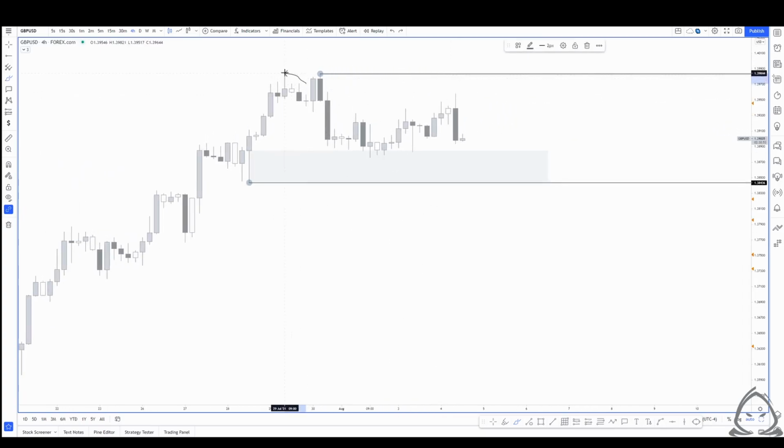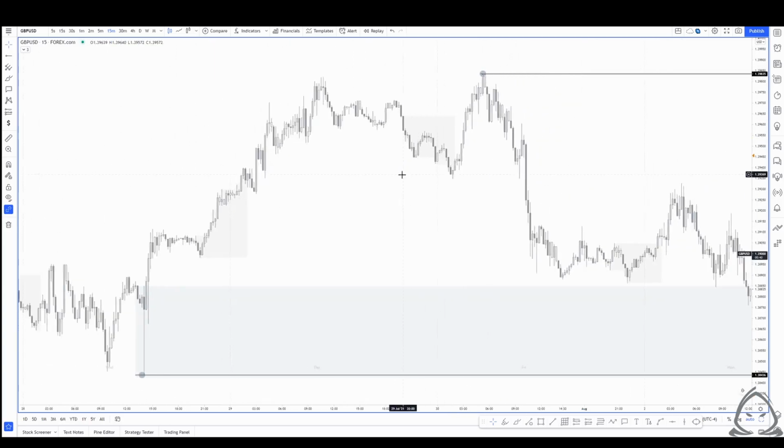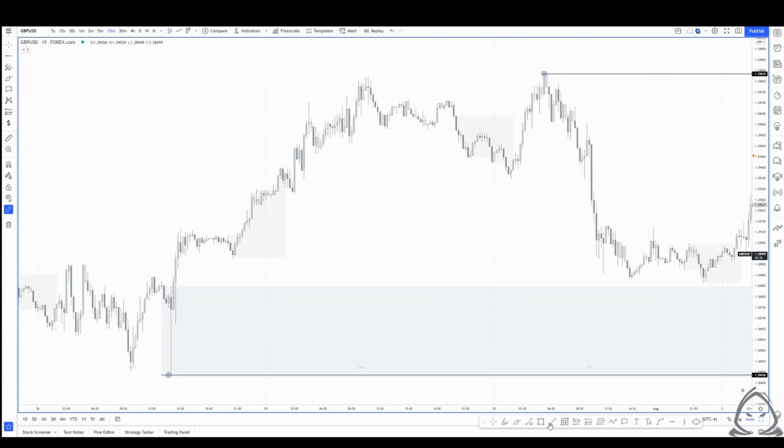But as a result, this also sets up our 15-minute change of character from bullish to bearish. And then we can see that price is now caught within this structural range. So we'll go back down to the 15-minute chart. And as we can see, if we just look into this little bit of market structure really quickly,